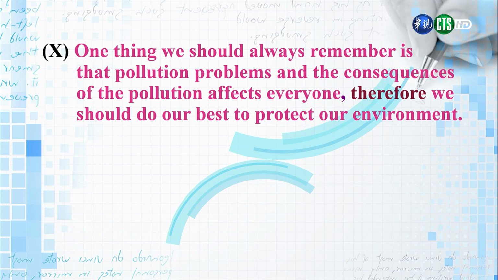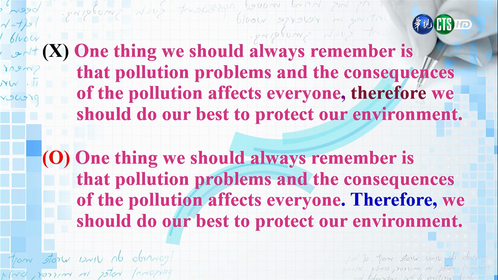The next sentence reads, one thing we should always remember is that pollution problems and consequences of the pollution affects everyone. Therefore, we should do our best to protect our environment. The writer has a run-on sentence. There should be a period after everyone, capitalize therefore, and put a comma after it. 好，最后呢，我们这个句子啊，这个作者写了一个叫做连写句 run on，就是这个句子没有结束，一直写一直写，这样叫 run on。那这样子呢，就是表示说我们这个句子其实它应该加上一些适当的标点符号。那我们来看我们要加上什么标点符号呢？那就是在 everyone 的后面啊，就是 therefore 那个地方啊，我们就在 everyone 后面加一个句点，然后在 therefore 前面那个 there 这个 t 啊要改成一个大写，然后 therefore 后面呢再加上一个逗点，这样子呢我们就把这个很长的这个连写句，就是这个 run on the sentence 呢改成了2个句子。那我们改成2个句子之后，就分别有它的主词动词，这样就比较正确。